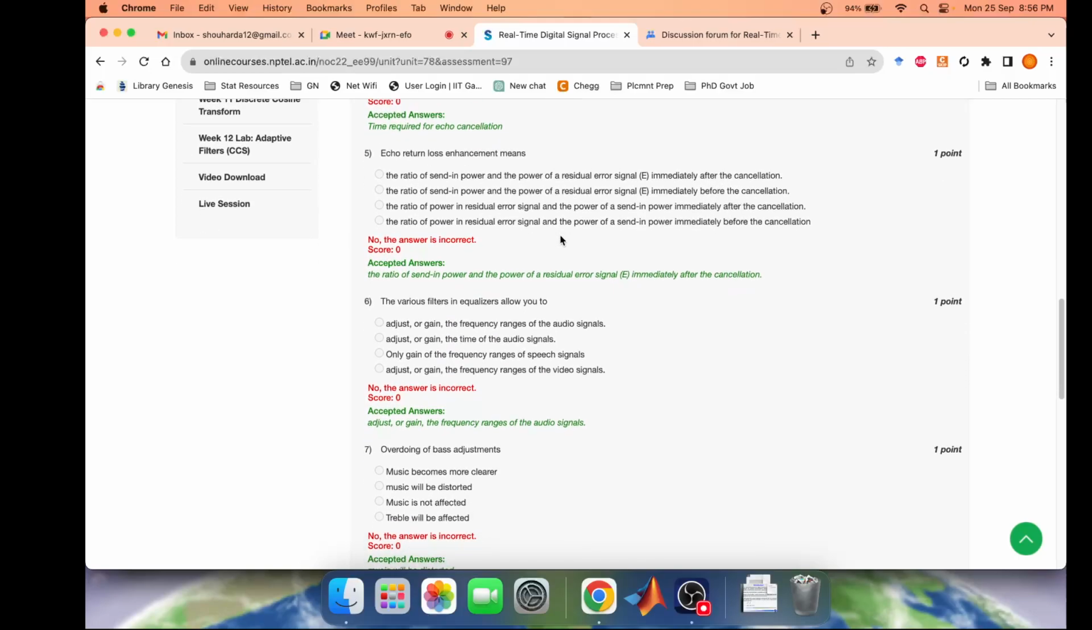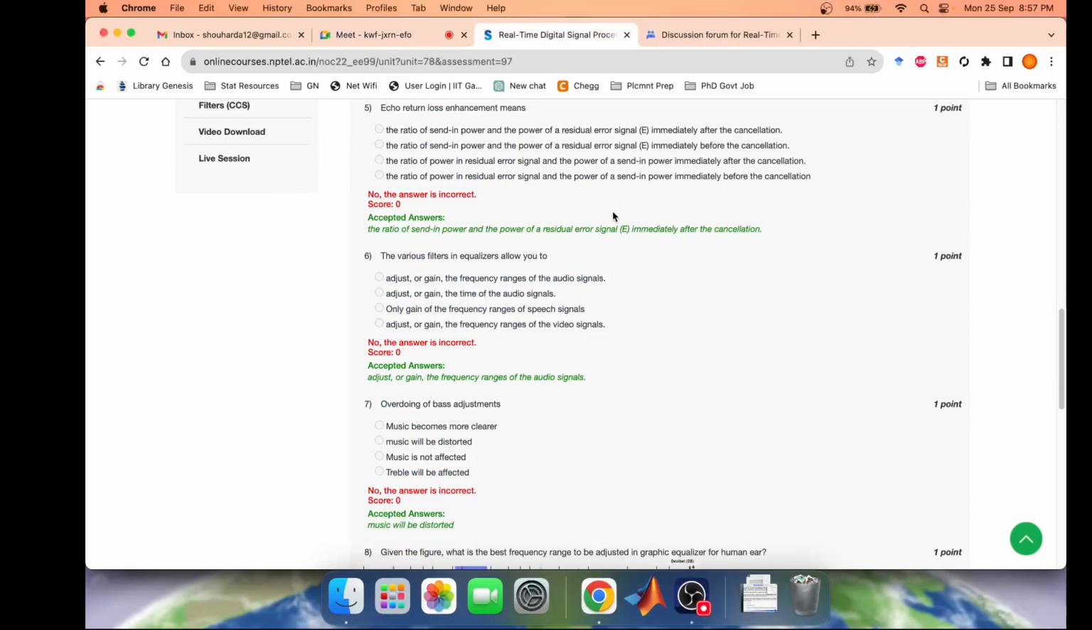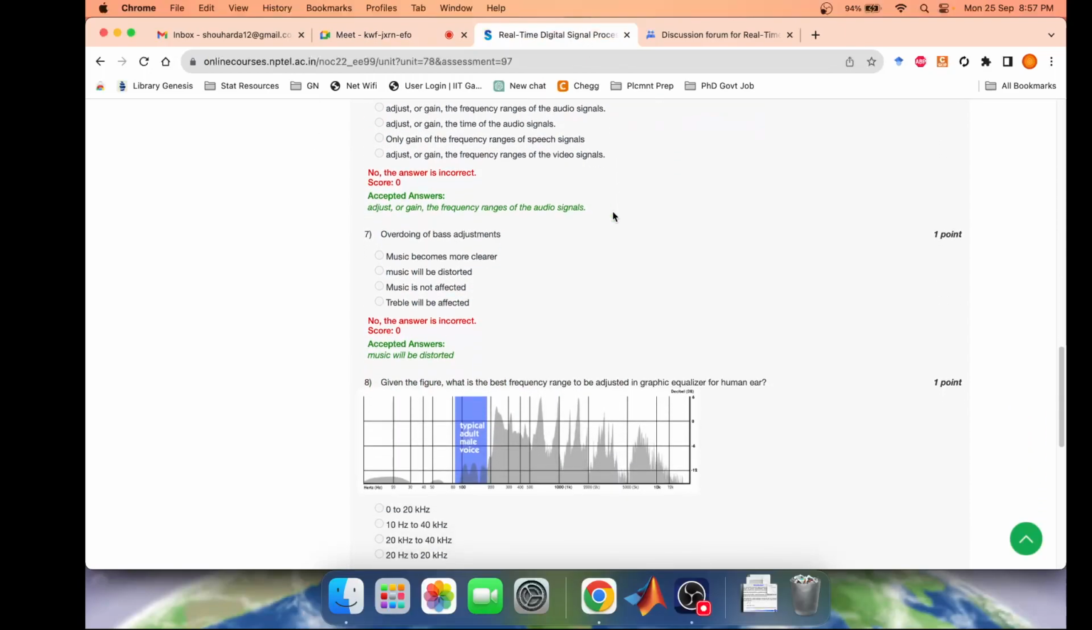So the correct answer that is given is option A, and that's quite obvious because there's audio signals, and in the other case time of audio signals does not make sense, and here it's given only gain of speech signal. Equalizers are used in music systems, so speech plus music, and this is video signal, so it does not make sense over here, so option A is correct. So these are some of the questions, and they have mentioned another question,